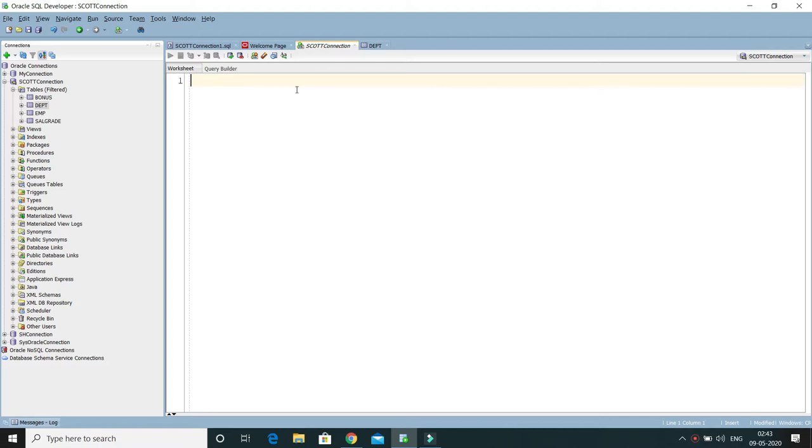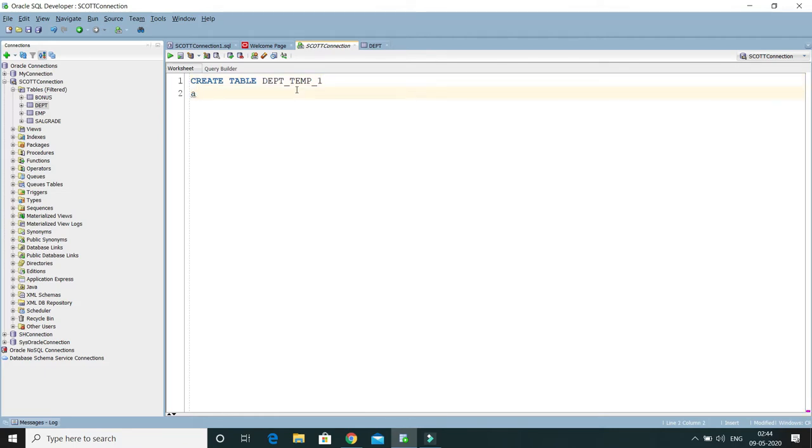You have a command called create table, and for the table name we have to give the new table name which we want to create. Let's say I would like to create DEPT_TEMP_1. This is the new table, right?